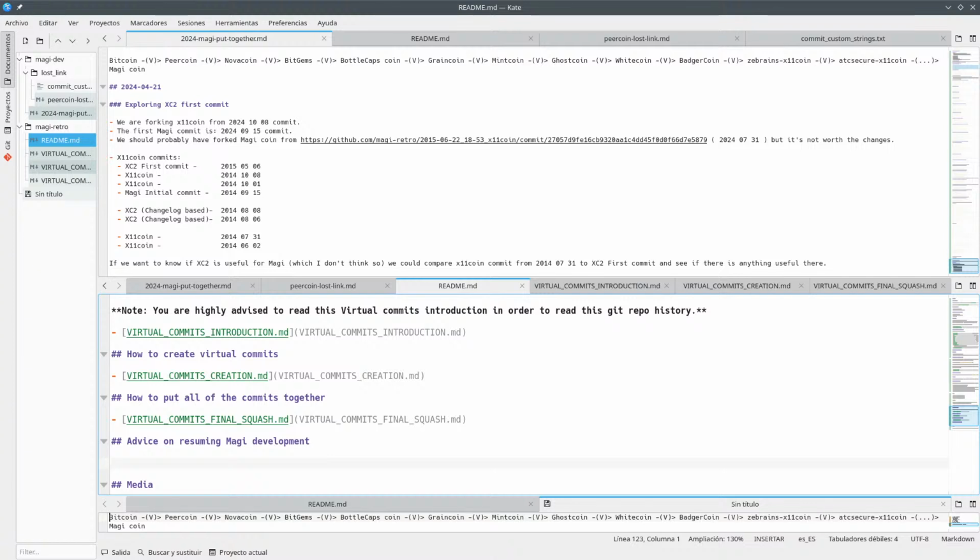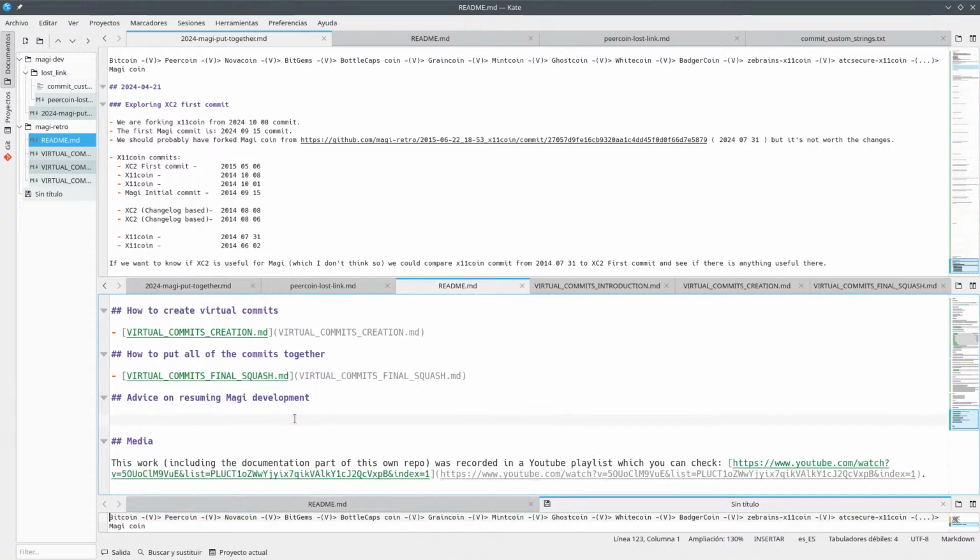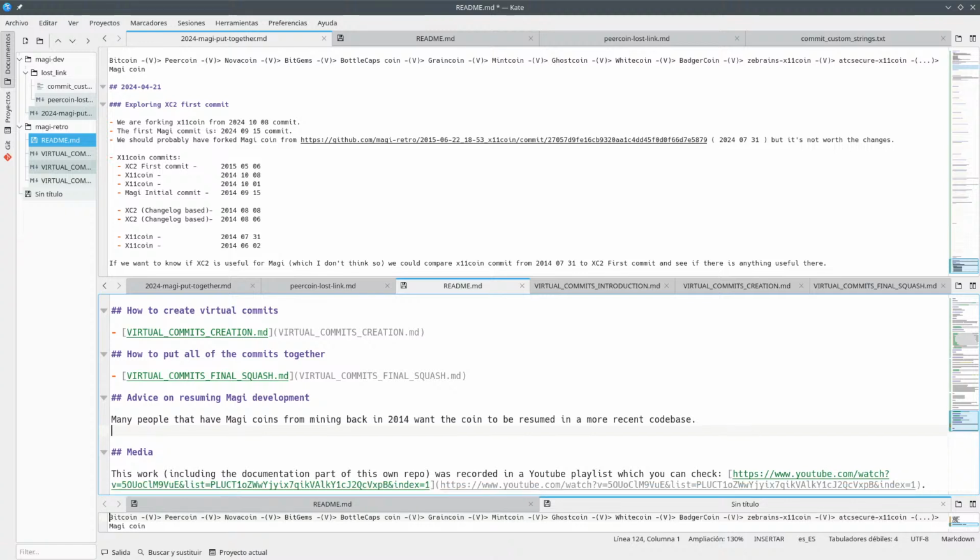Okay, so many people that have magic coins from Minions back in 2024 want the coin to be resumed in a more recent code base. Also, many people, just for fun, want to